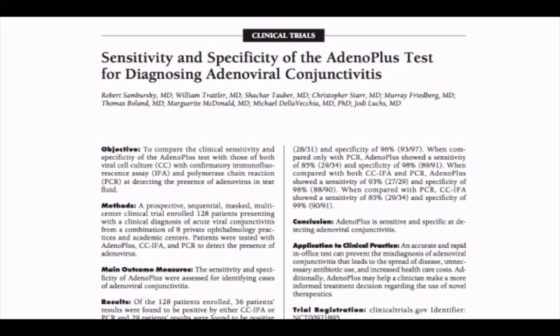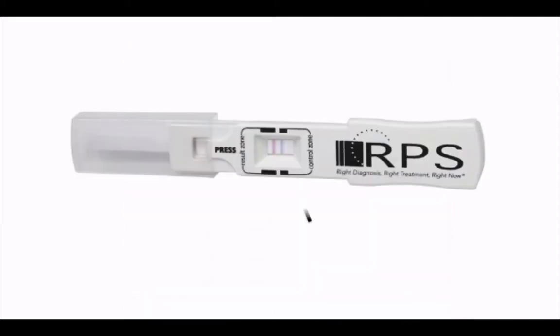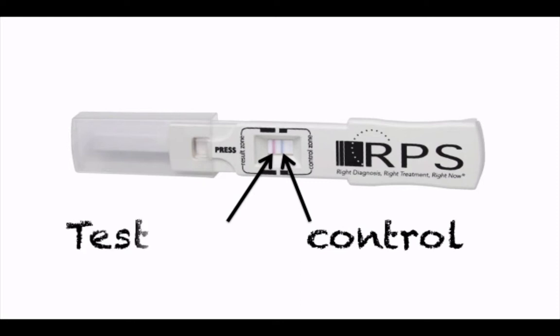We're fortunate to have a point-of-care test that's been scientifically vetted to allow its use in a clinical setting with a high level of specificity and sensitivity. The AdenoPlus allows collection of tear sample from the lower palpebral conjunctiva. The test has two lines. The control line, as seen here as blue, means that adequate sample has been collected. The red line is the test line, and if present, is positive for adenovirus. The clinical appearance, along with a positive test, confirms EKC. We will discuss appropriate treatment options in the next episode.